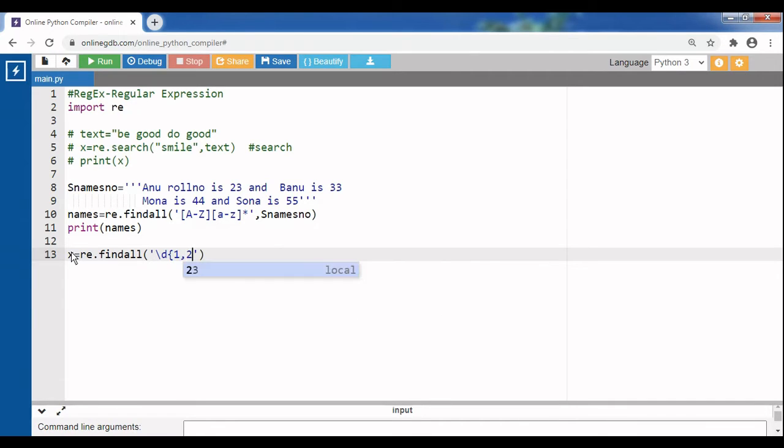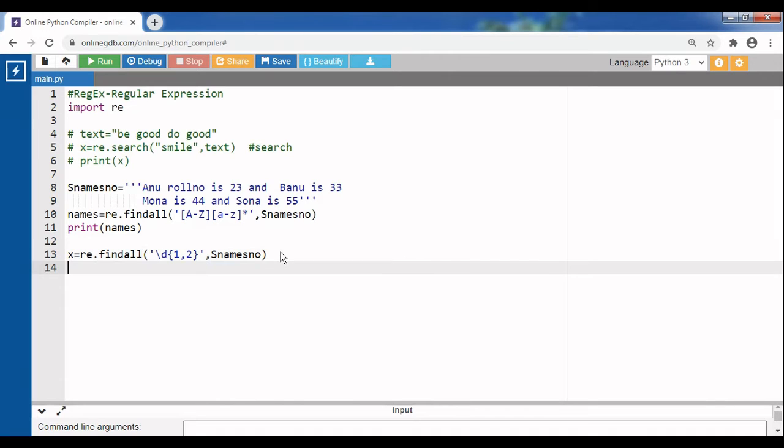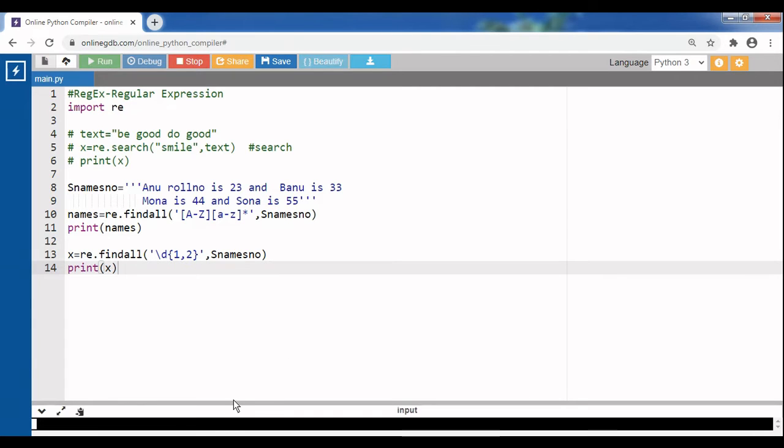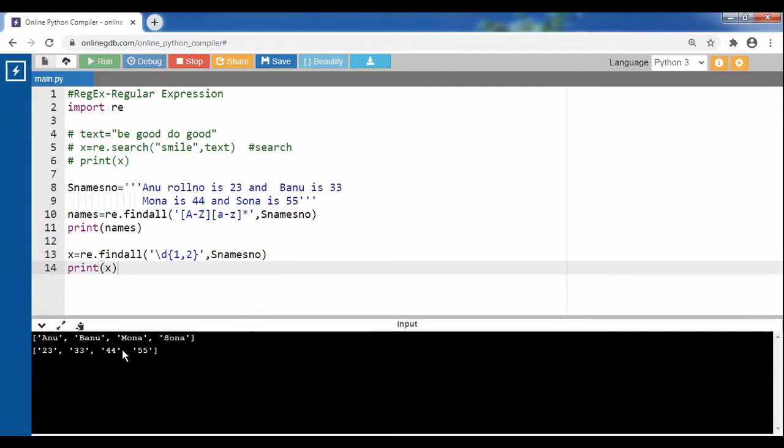So 2 digits, from which I have to search from the text S name, S number, right? Next I will print x. See, I got it, right? So this is the usage of regular expression, to search some text from a set of